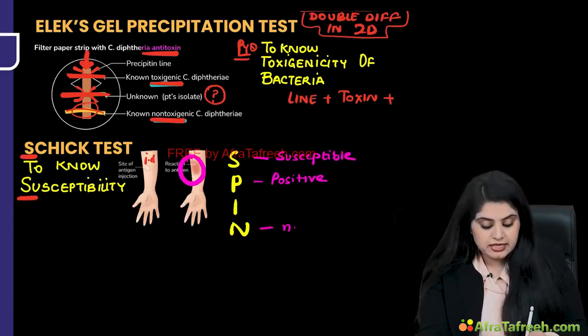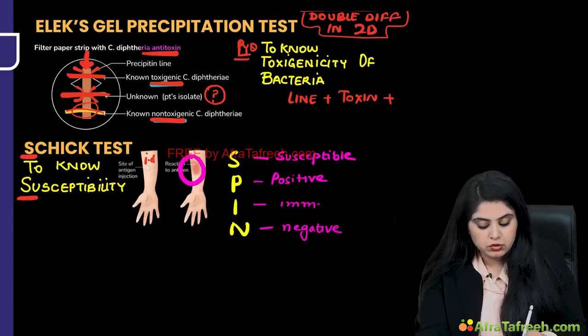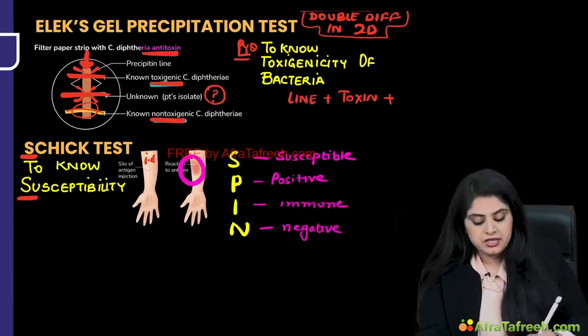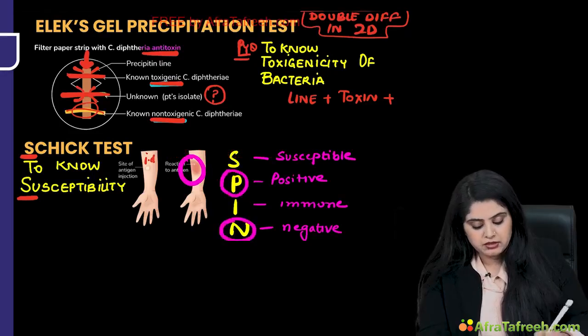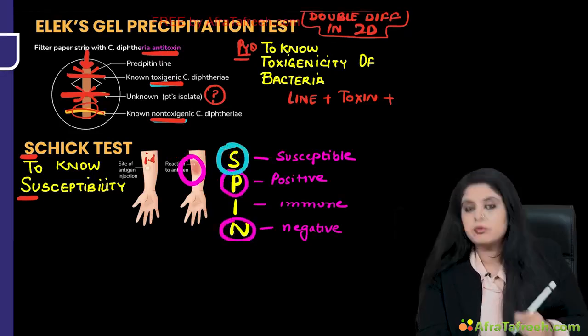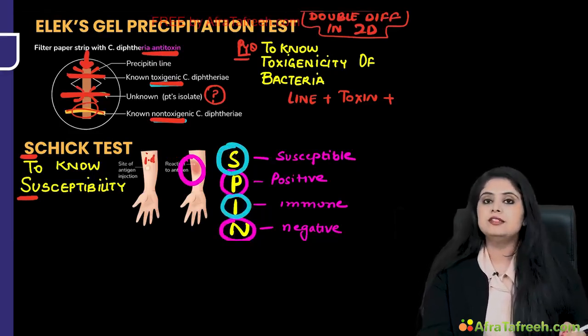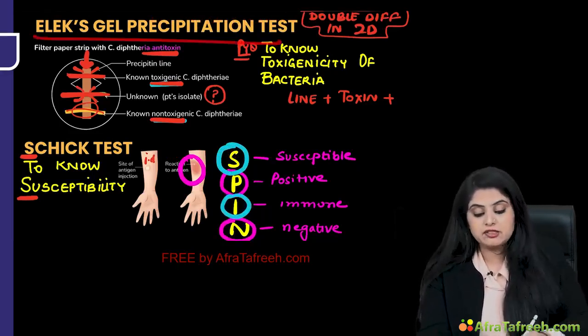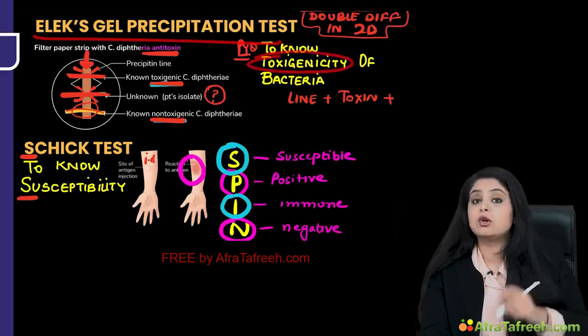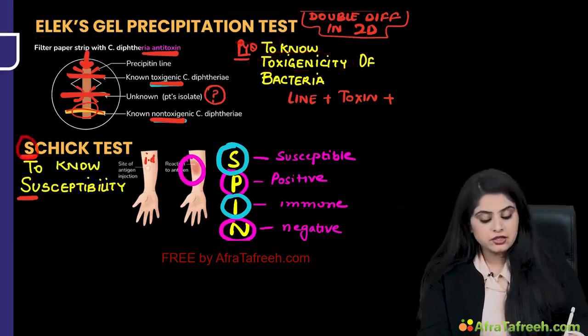And if you see a negative reaction, this means the person is immune. So you just go in the exam and write that. If the person has a positive reaction, he is susceptible. Negative reaction means he is immune. So repeating, gel precipitation test is done to know whether toxigenicity is there, and Schick is done to know whether